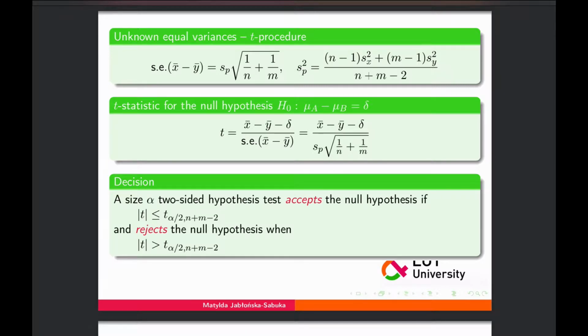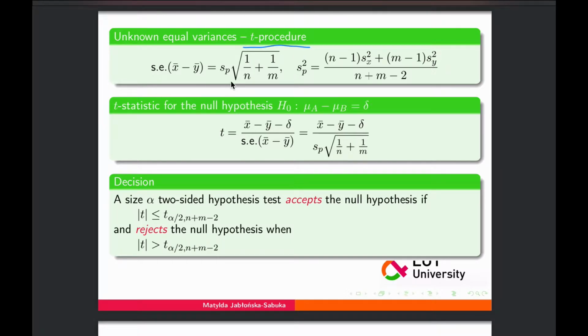We have looked at a test where we were not able to assume equality of variances and we didn't know the theoretical variances. Now in this case, we look at the test where the theoretical variances are still considered to be unknown, but we are allowed to assume their equality. So since the variances are unknown, we still have t procedure, but the form of the standard error changes a